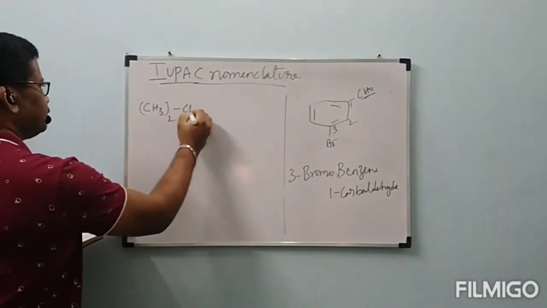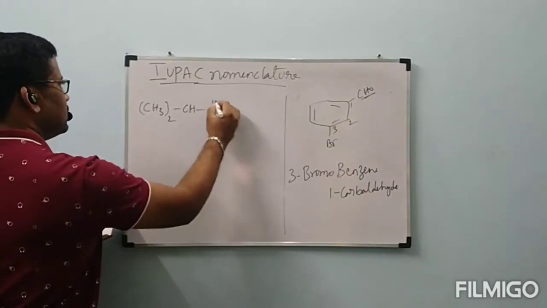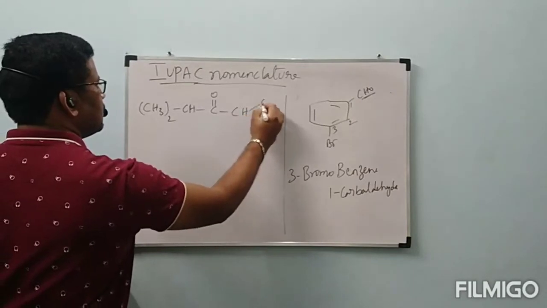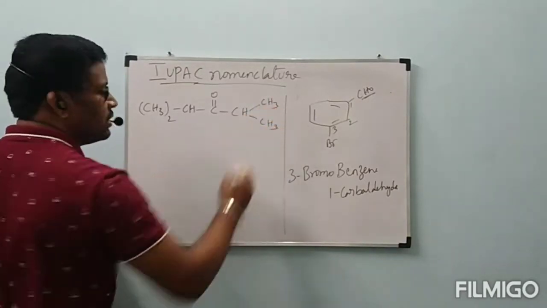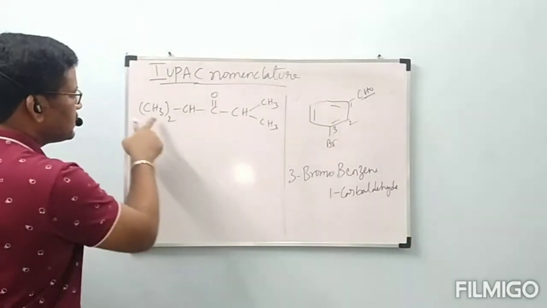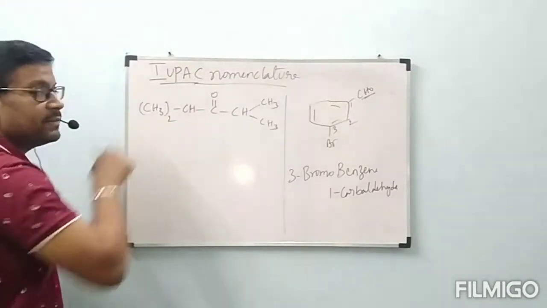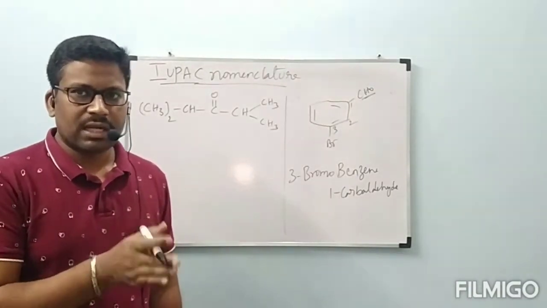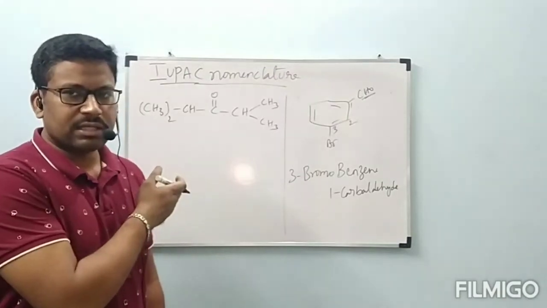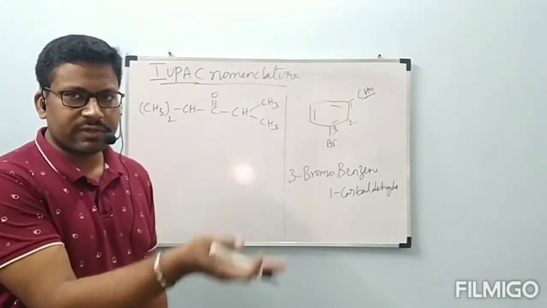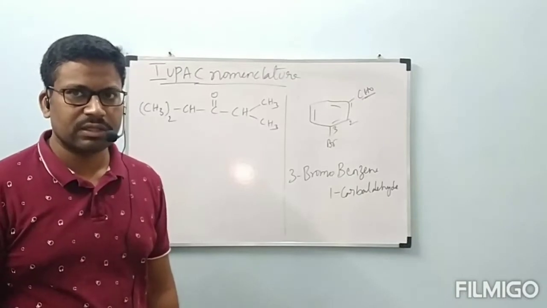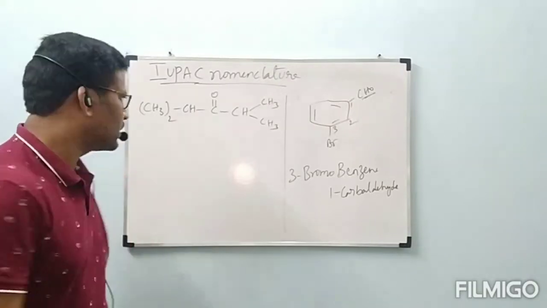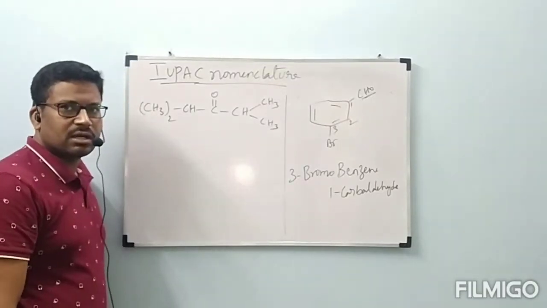CH3 twice, CH, C double bond O, CH, CH3 twice is nothing but 2 CH3 groups are bonded to this CH. Same here also. Okay, this is coming under ketone. Now, first part already I told we will discuss with aldehydes and ketones. Now started with aldehydes and ketones: nomenclature, preparations, everything related to aldehydes and ketones only. Next, after completion of aldehydes and ketones, we will go through carboxylic acids. Okay? Now, what about the naming of this compound?